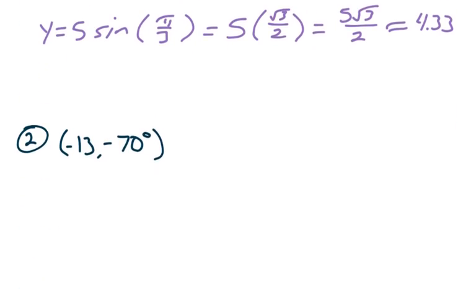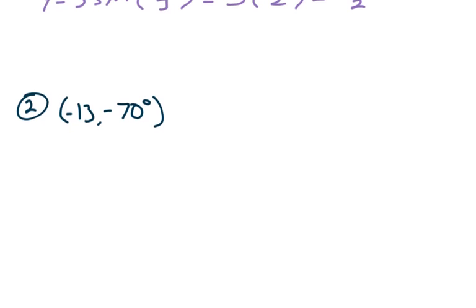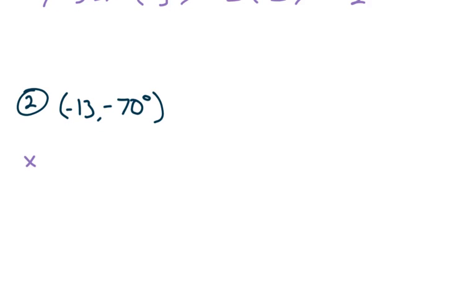Let's try another one here. Number 2, negative 13, negative 70 degrees. Okay, so we're going to start with x. X equals our r value. This is r. This is theta. We can say negative 13 times the cosine of negative 70. And we need to be in degrees here. Just make sure your calculator is in degrees. And really, you can just type this in your calculator exactly how you see it, again making sure you're in degrees. And what you're going to find is that this is approximately negative